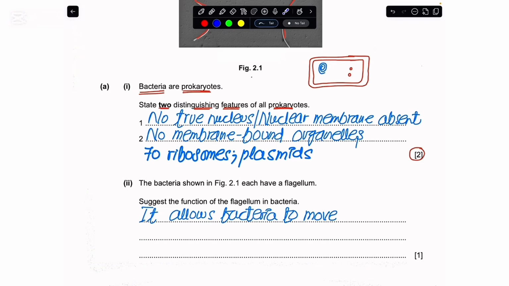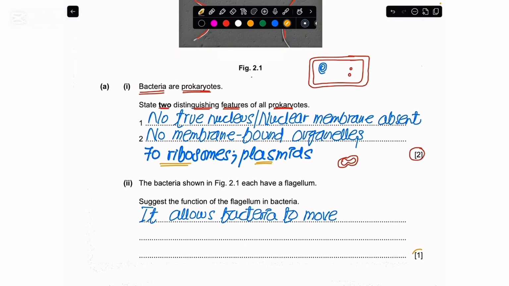As I have written, all of the prokaryotes have no true nucleus, no nuclear membrane is present in them, but rather it is absent. And bacteria do not have any membrane-bound organelles. If we talk about the eukaryotes, their mitochondria and chloroplasts are membrane-bound or double-membrane organelles, but these bacteria have not got them. Among the alternative points, if you forget any of these two, you could say the presence of 70S ribosomes and the presence of plasmids